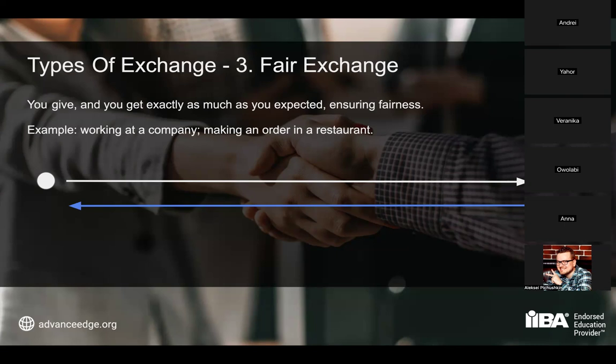That was proposed, that was offered to you at the beginning when you were signing the contract. And the same with ordering food from a restaurant. You order 4 dishes, you pay, you receive those dishes. That's it. That's a fair exchange. And finally, the most important type of exchange, the one that is important for both the companies who are providing any services and also for individuals who are interested in professional growth.